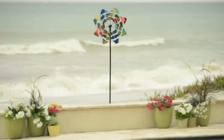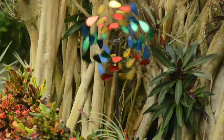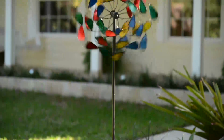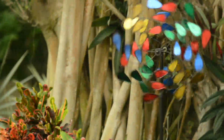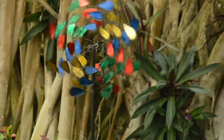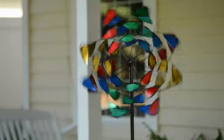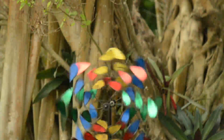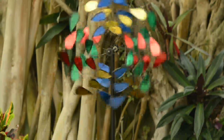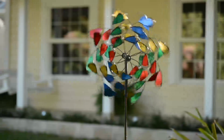And it's a customer top rated item. You're reading some of the reviews at the bottom of the screen, and people have raved about what they do for their yard. People say things like, it's exactly what I wanted for a backyard. It was quick to put together, it's well made, not too heavy, and it spins in breezes as low as 3 miles an hour of wind. Yeah, which is not much at all. Right, exactly. It adds an element of fun and attention to a garden